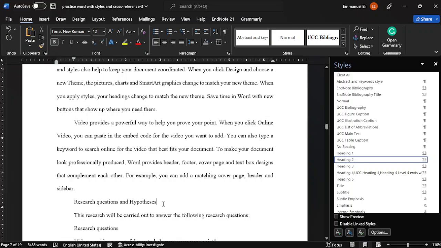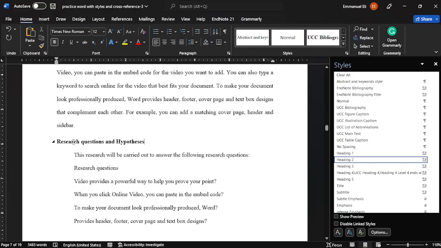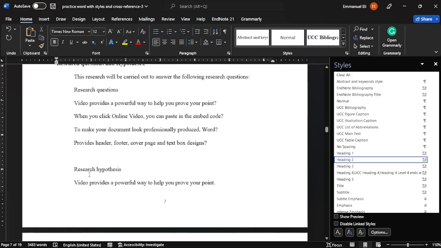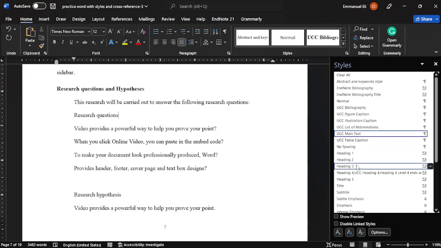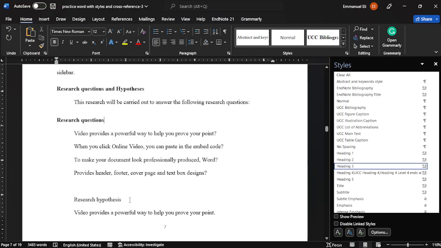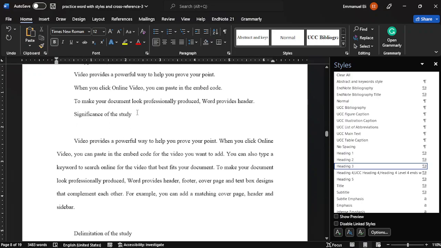We give this a heading 2. But based on the rules, research questions and hypotheses, we'll go for a heading 2. And because research questions and then research hypothesis are all under research questions and hypothesis, we'll give this a heading 3. I hope that's clear. And then the significance of the study,